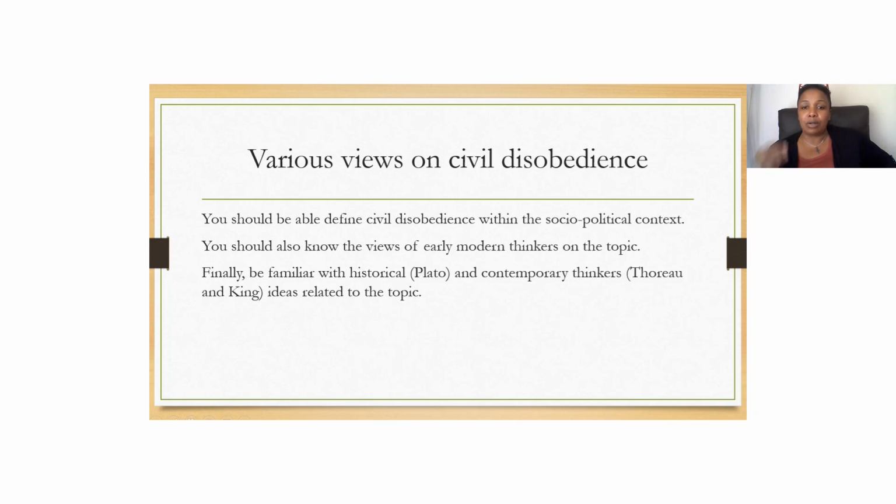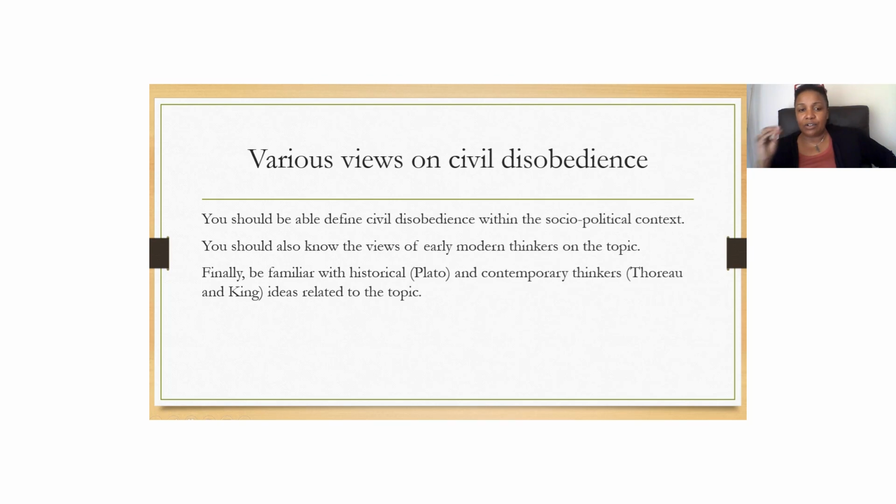You should also know the views of the early modern thinkers specifically. Hobbes would be against civil disobedience based off of his idea of giving all the power to govern to one governance and not pushing back. He was against revolution. Locke, of course, would be for civil disobedience, or at least in alignment with civil disobedience, because he allowed for revolution within his theory. And then finally, Rousseau, because he was emphasizing the power of the people, would be okay with civil disobedience